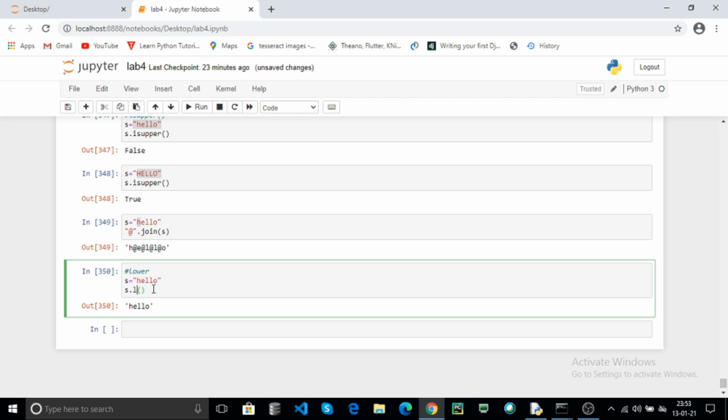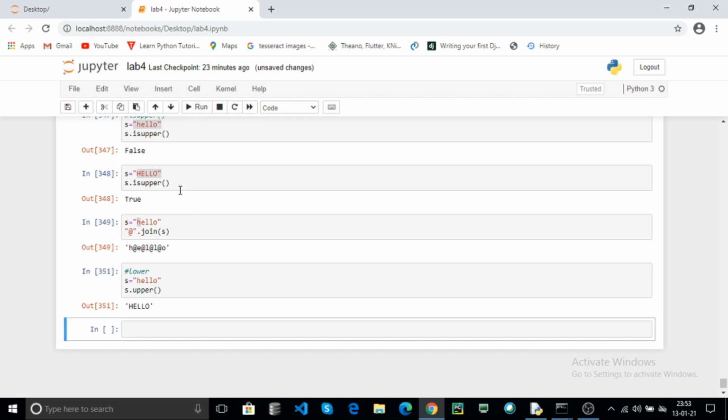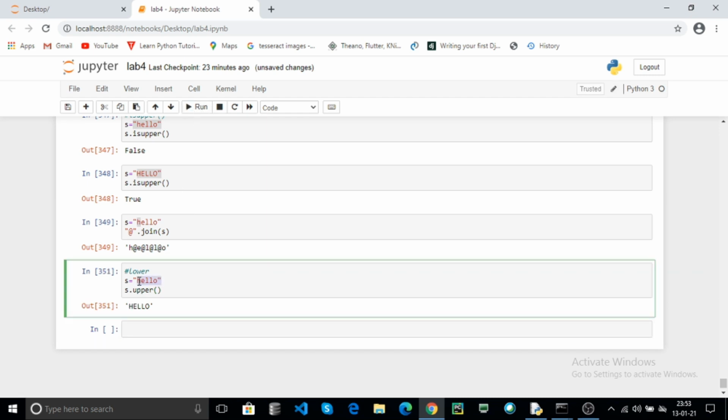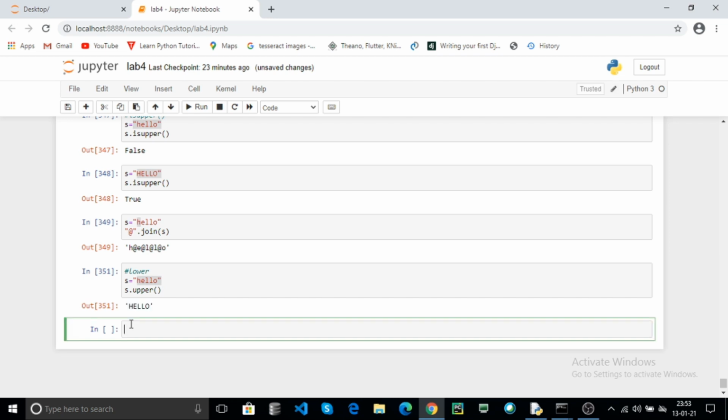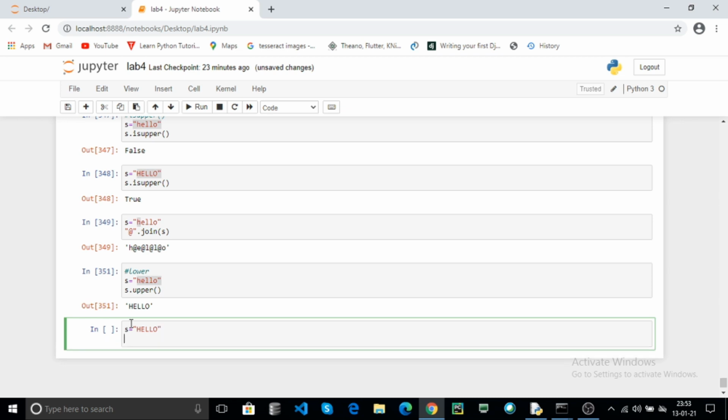Here for example use the upper. Here click on the run. If you mention in the lower case, use the upper method. It will be converted from lower case to uppercase. Now your string contains uppercase, use the lower. Here it returns all your string in lowercase.